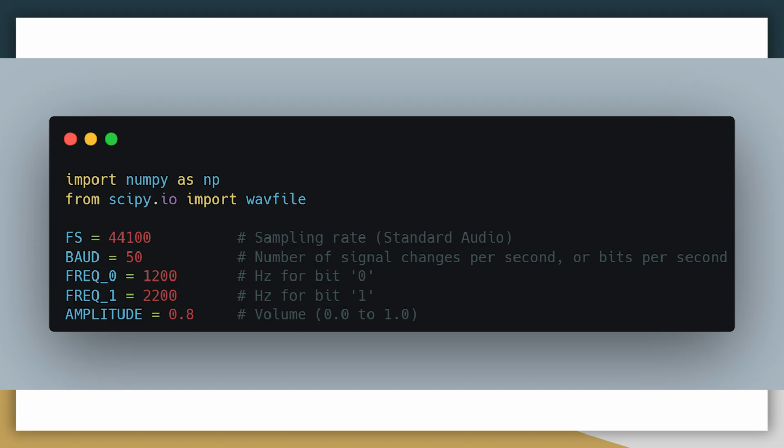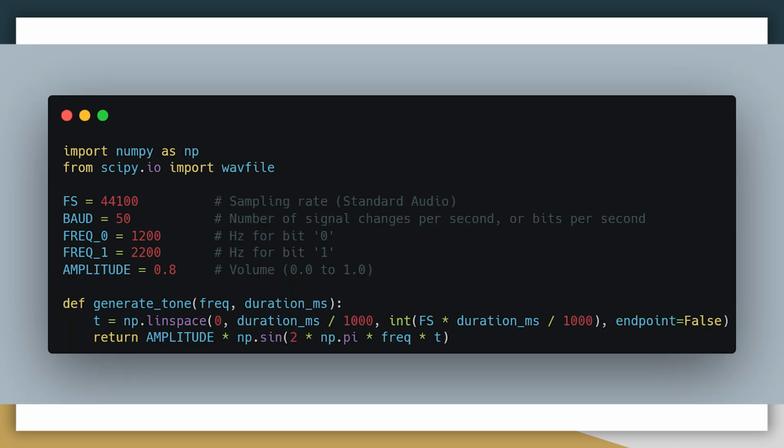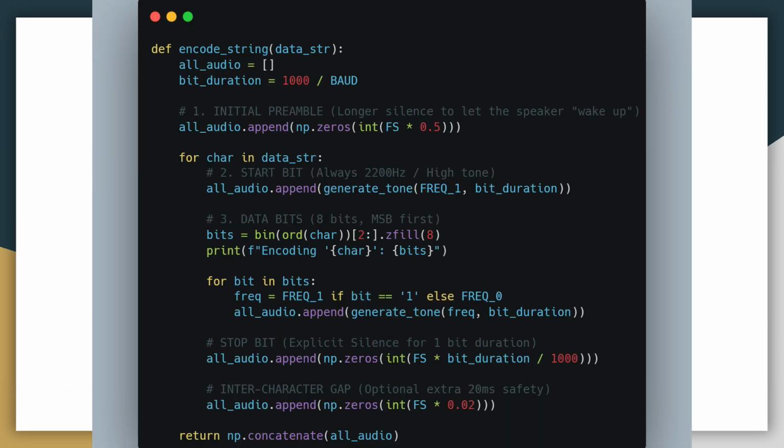In the code, I first defined the parameters for the audio I wanted to generate. Then I made a generate tone function, which generates a sine wave at the provided frequency and duration. Then we have an encode string function, which takes in a string, that is a sequence of characters, and then for each character it generates a start bit, which is a 1, and gets the corresponding binary code for that character. For example, H is